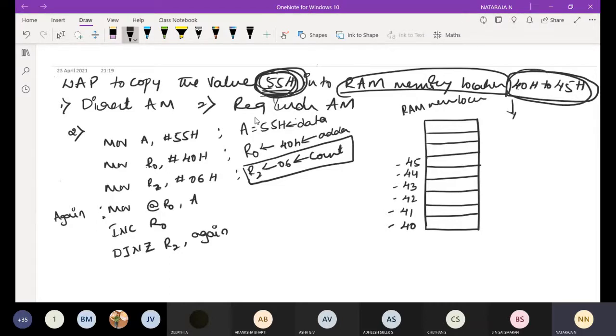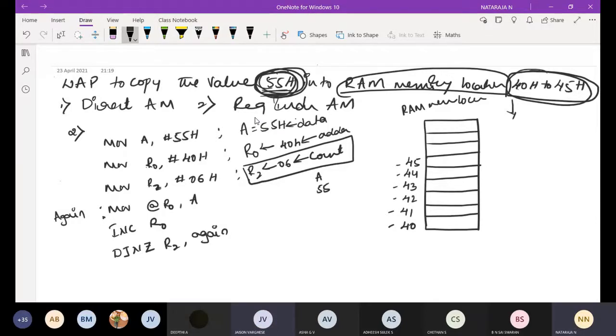Now MOV @R0, A. What is the data in the accumulator? The data in the accumulator will be 55, no? Yes, sir.